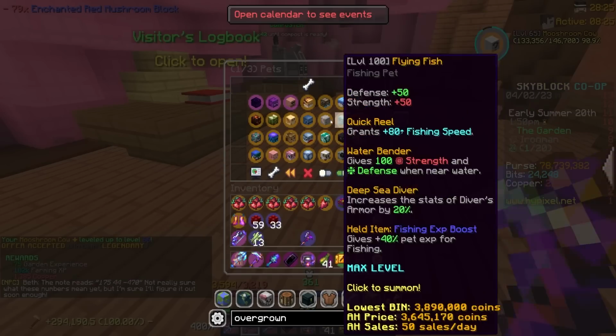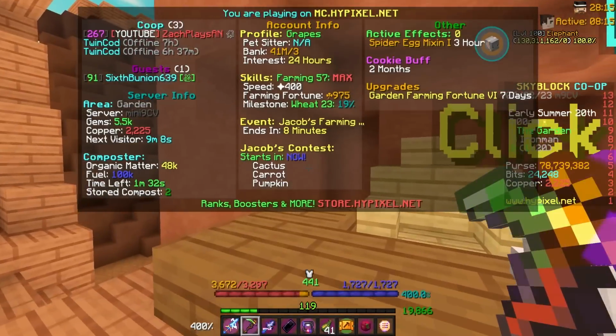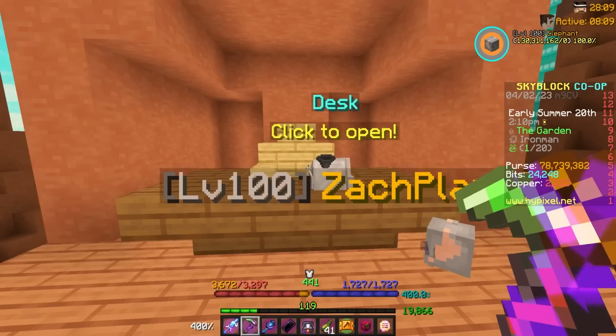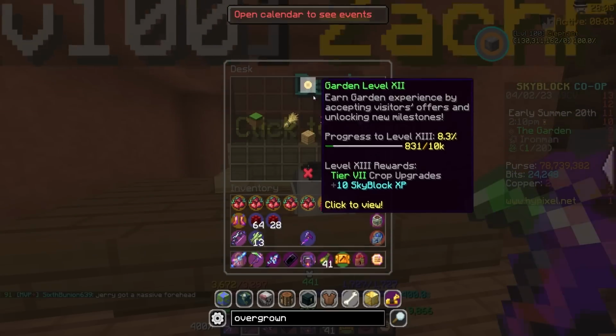Honestly, that's kind of juicy. Let's go ahead and swap back to that. The note reads, not really sure what the number means yet, but I'm sure I'll figure it out soon enough. Okay, I'm assuming those are coords. Is it? I need to look it up quick. If it's 3 times or 4 times you have to do an offer from Beth, because now I'm a little bit confused. That kind of leads me to think it's 3, but we do have over 2,000 copper now,